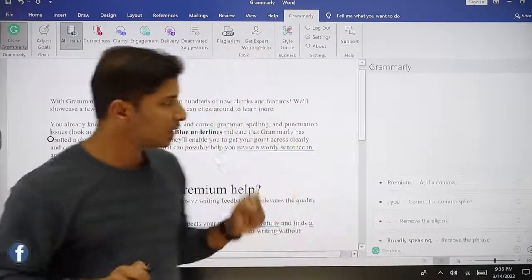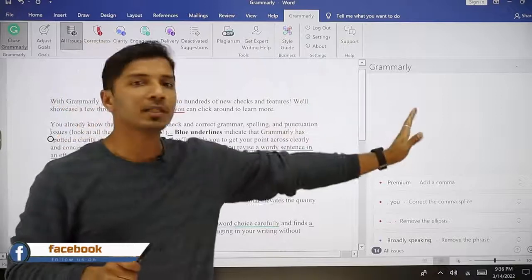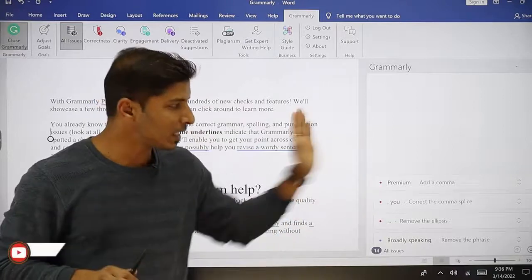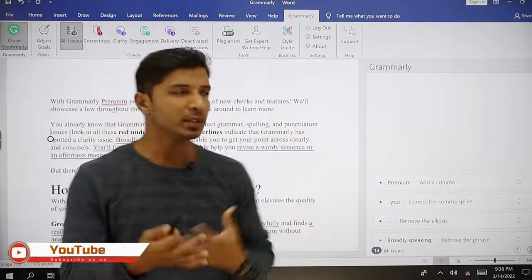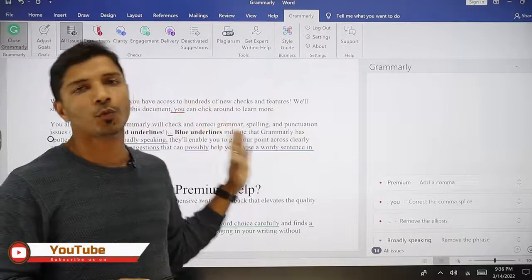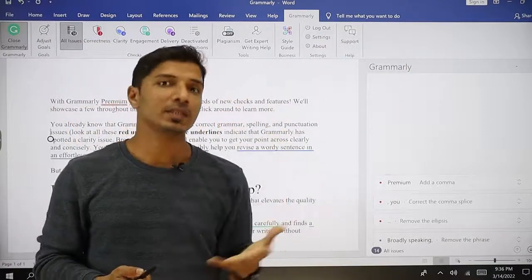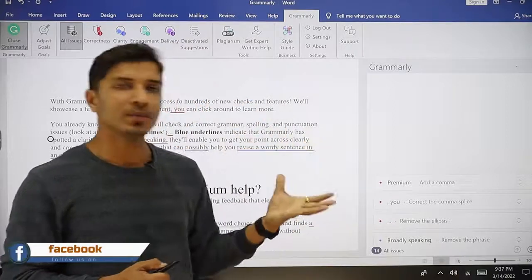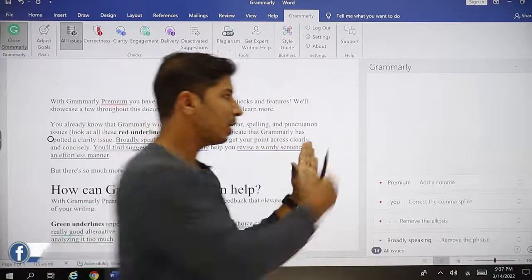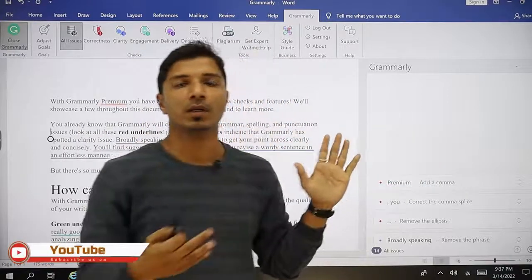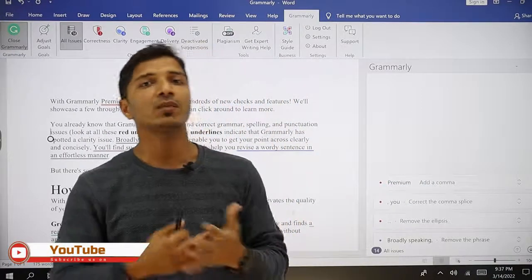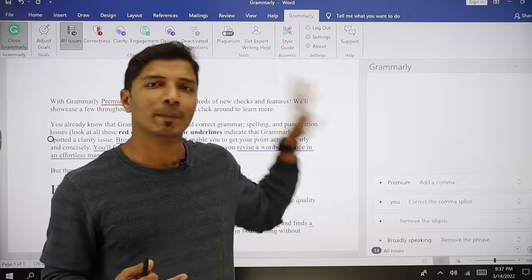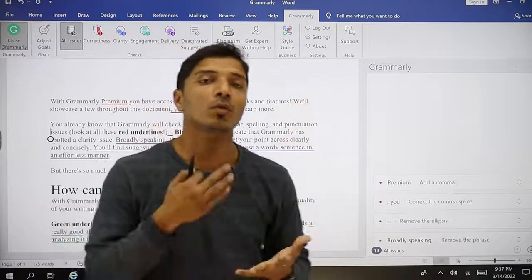Once you do that, you can see on the right side that a bar is loaded. Keep one point in mind: sometimes it may take 1 or 2 minutes to connect your Microsoft Word to the server. As I said, it depends on your system speed and internet connection. Sometimes it keeps on connecting, and you only get the message connecting to server, and it won't connect. In that case you have to try with another system. It is not a problem with Grammarly, it is a problem with the system or the compatibility of your Microsoft Office or Microsoft Word.